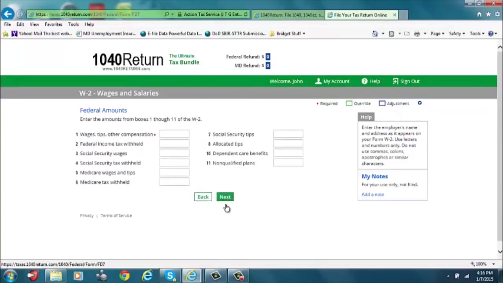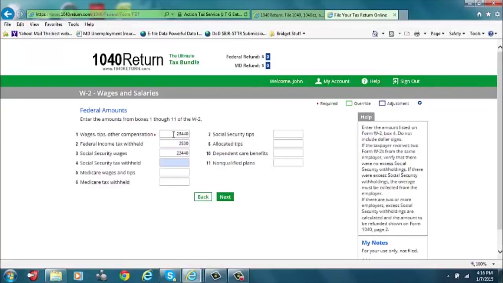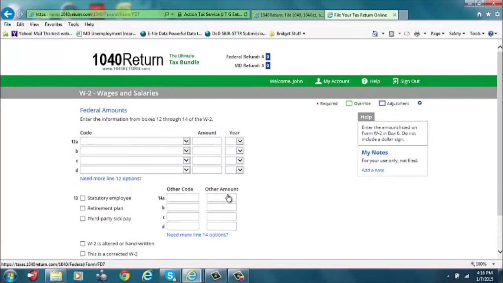So for John's wages, we will enter $23,440 with $2,530 for federal income tax withheld, $23,440 for Social Security wages, $1,453 for Social Security tax withheld, $23,440 for Medicare wages and tips, and $339 for Medicare tax withheld, and we click on Next. On this page, we won't be filling anything in, as John had no other information, so we click on Next